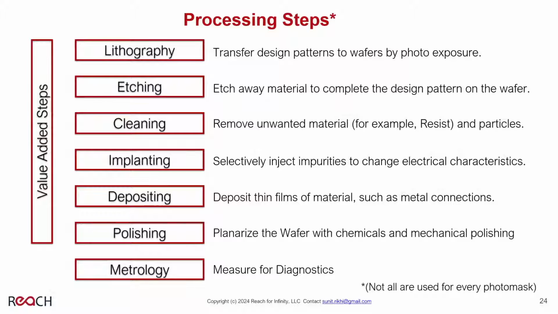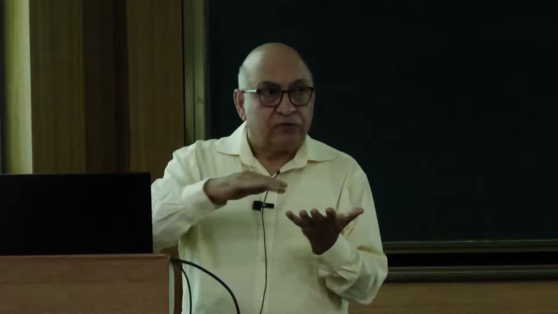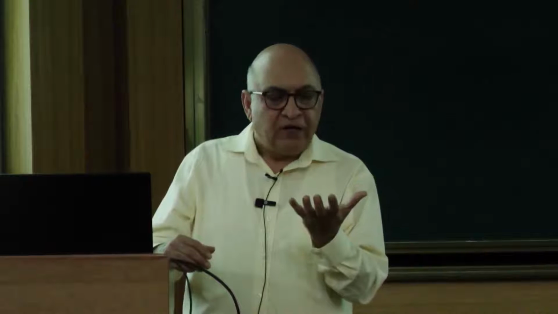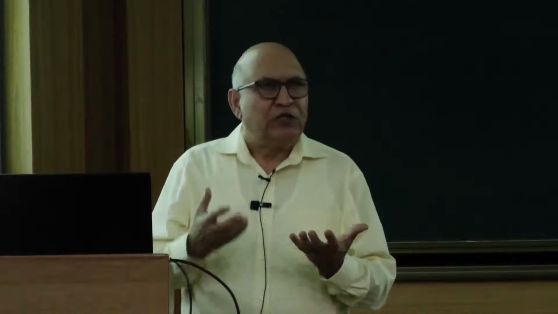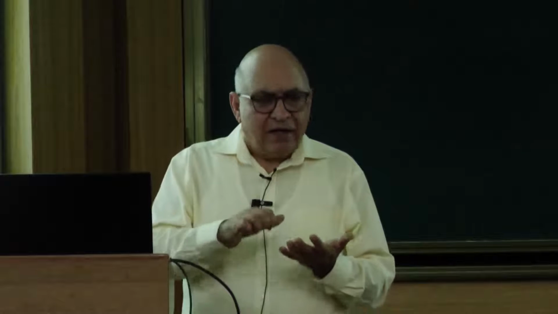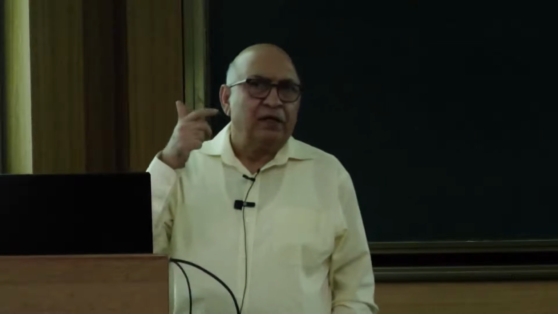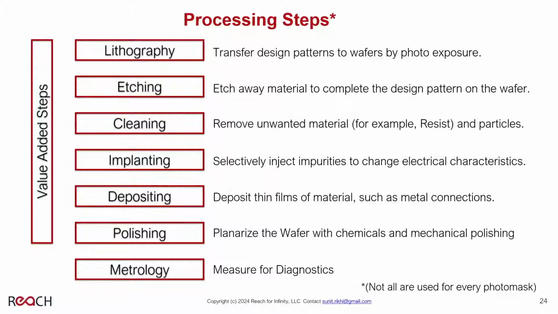And then polishing. Polishing was discovered as a very necessary step in the 90s, where the wafer surface, after processing certain steps, would become so rough and uneven that it would interfere with a flat image coming from the next step of lithography. So you actually use chemicals and mechanical scrubbers to scrub that wafer, and it's called chemical mechanical polishing, CMP. And so that's a polisher.